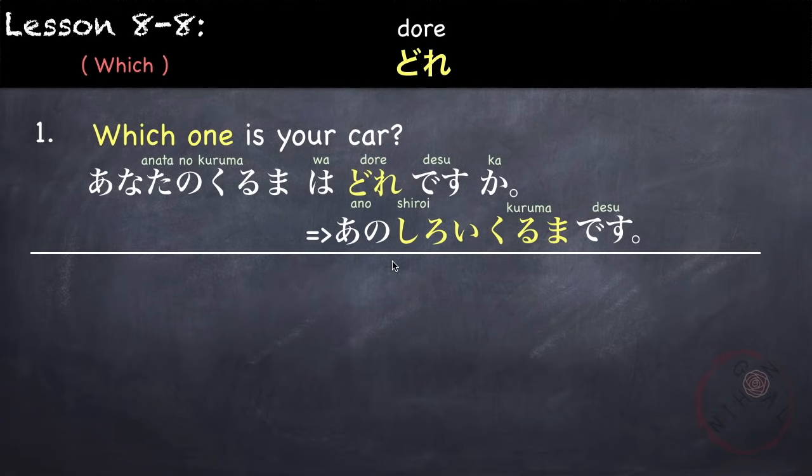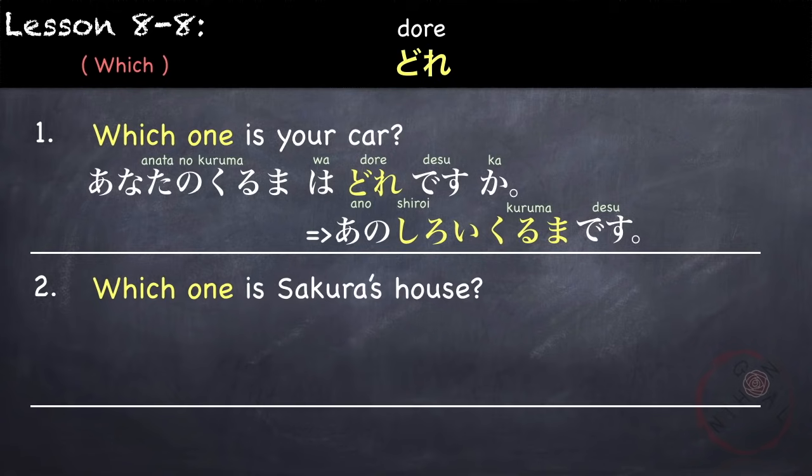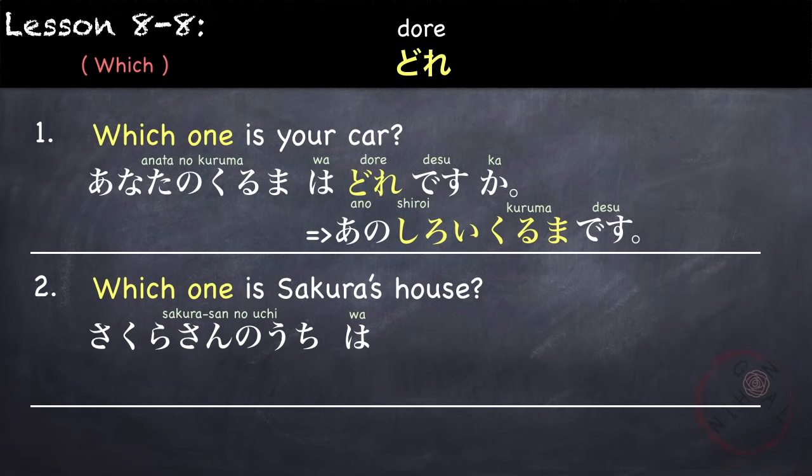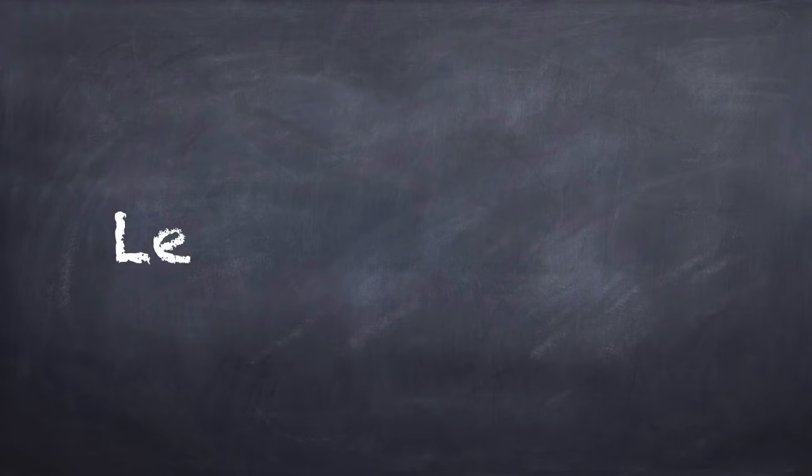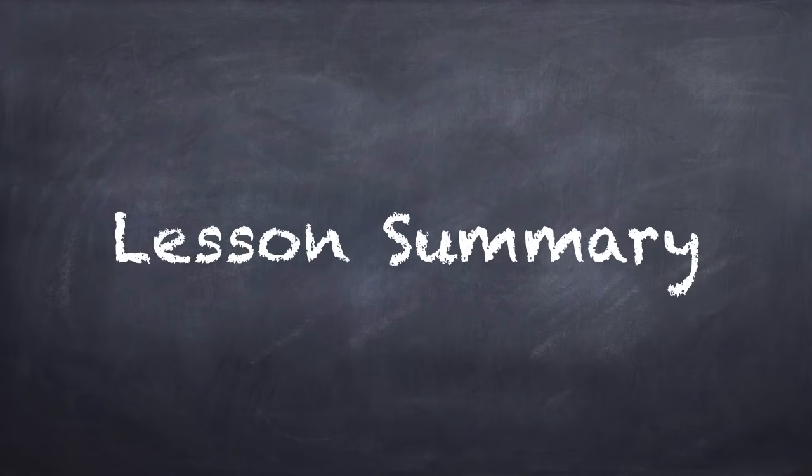Another example, which one is Sakura's house? So let's begin with Sakura's house. 桜さんの家は which one? どれですか? 桜さんの家はどれですか? If you want to answer that big house, その大きい家です。